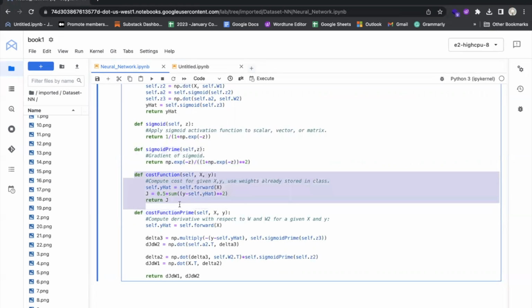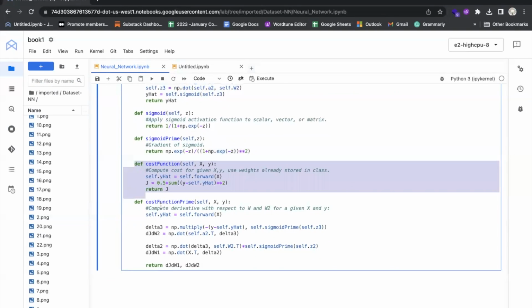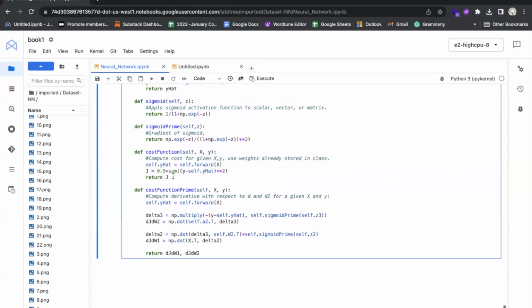The cost function method computes the cost function for a given input and target output, which is the mean squared error between the predicted output and the target output. The cost function prime method computes the derivative of the cost function with respect to the weights of the neural network for a given input and target output. It uses the chain rule of calculus to compute the gradients of the cost function with respect to the weights of the output and hidden layers. Overall, this implementation defines a simple neural network and provides methods to compute the forward pass, the cost function, and